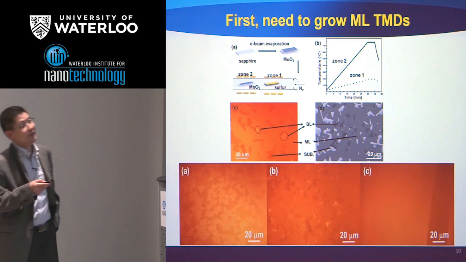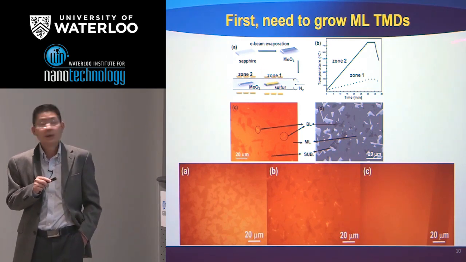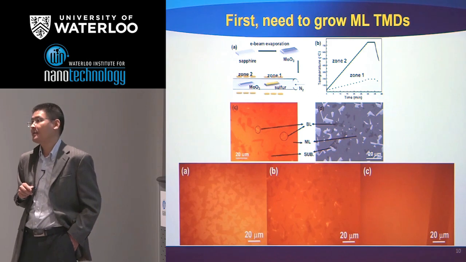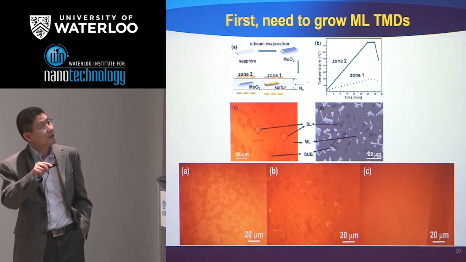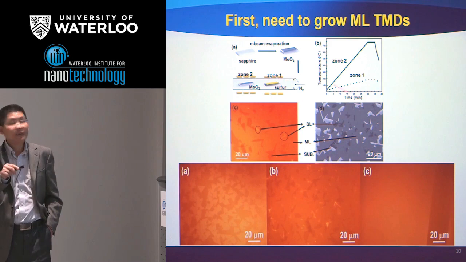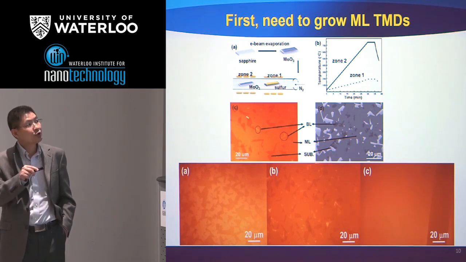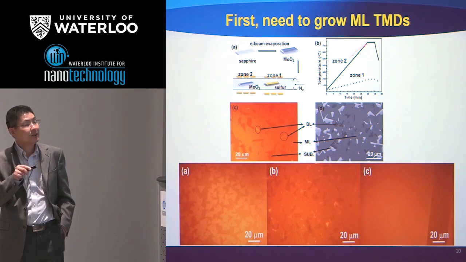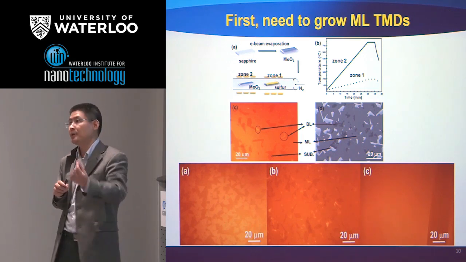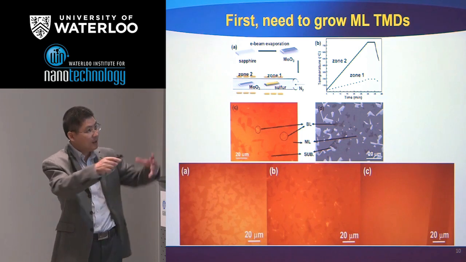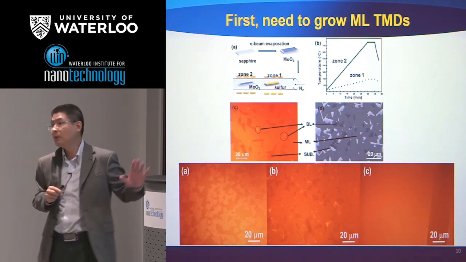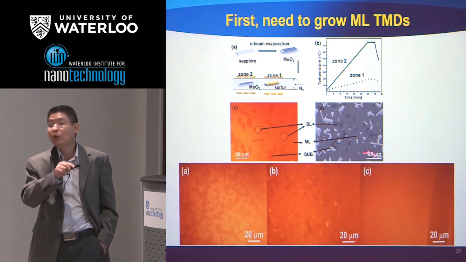So we use a method that is slightly different from a conventional CVD method. Basically, we first use E-beam evaporation to grow an ultra-thin layer of molybdenum trioxide. And then we use this sulfurization method to convert this oxide into molybdenum disulfide. If we can control the conditions right, we can actually control the morphology of this transition metal dichalcogenide. From these isolated triangles, all these triangles are monolayer single crystals, to these merged triangles, all the way to a continuous thin film that is monolayer with nearly no overgrowth and